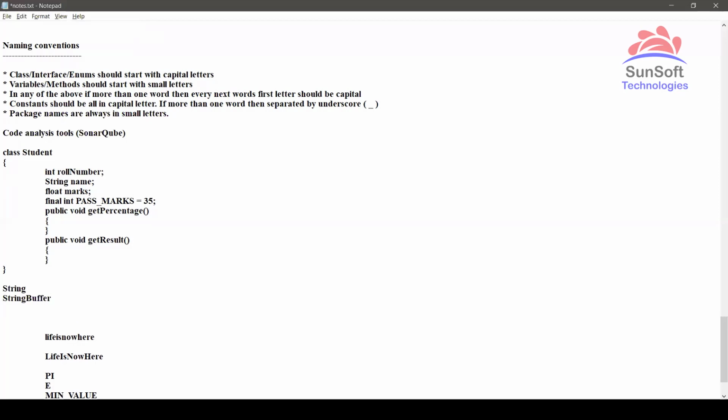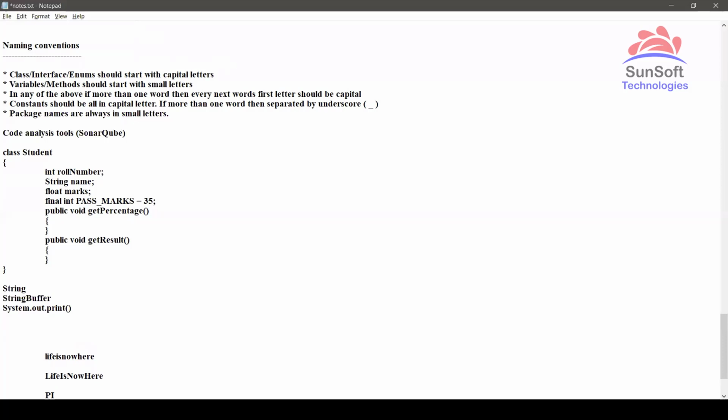Similarly, if there is a method, like we have some method priority or print. See, print is a function, so small letter. Similarly, System.out. See, System is a class, so System is capital and out is a variable. That's why you can see dot out. So when we write System.out.println, see, out is a variable and then println is a function. So all these things, variable names and functions, start with small letters.